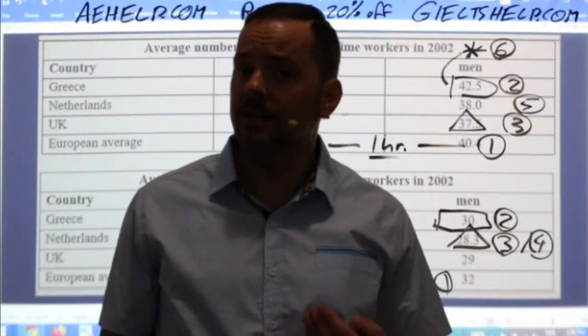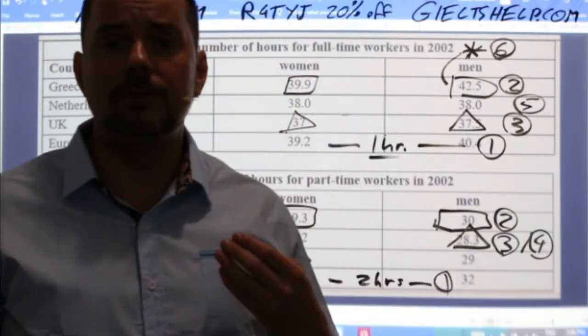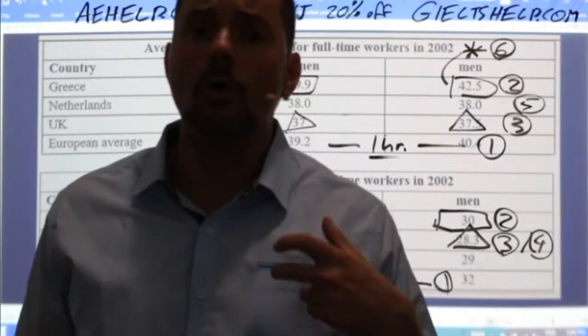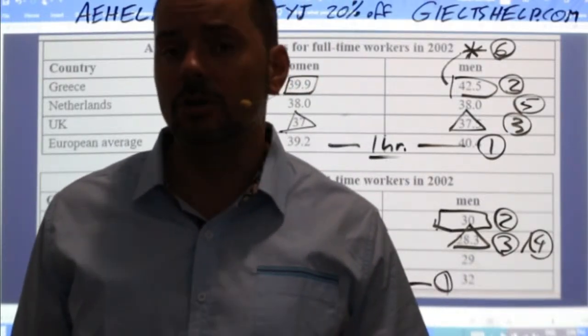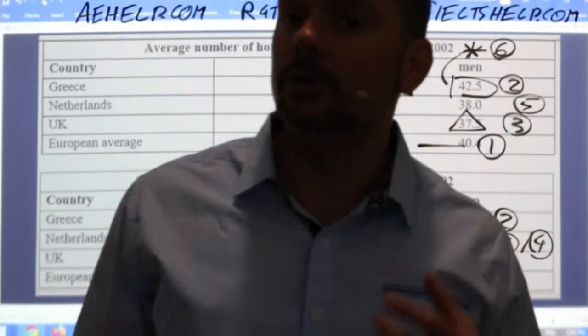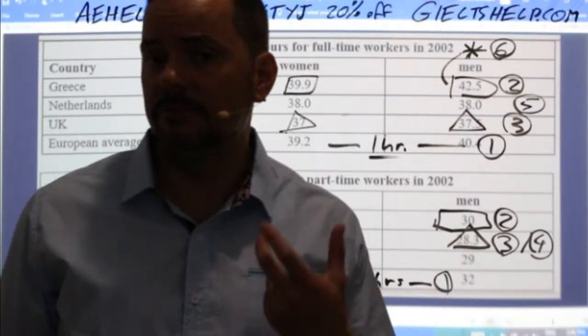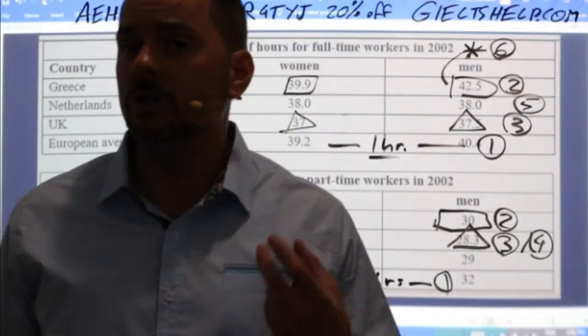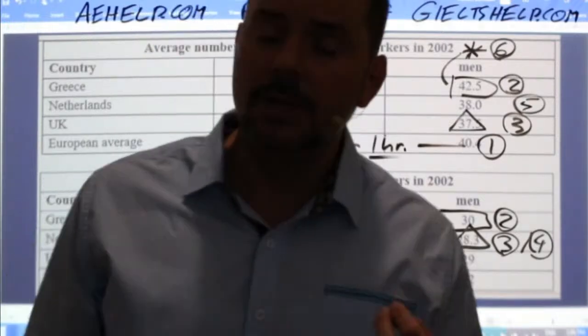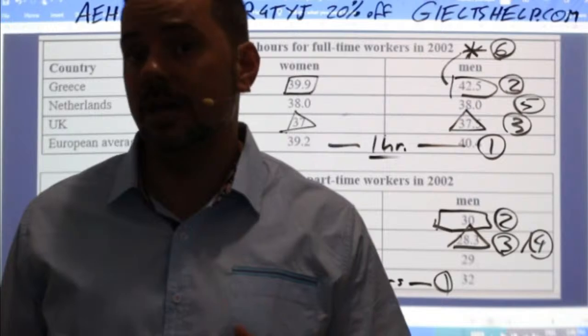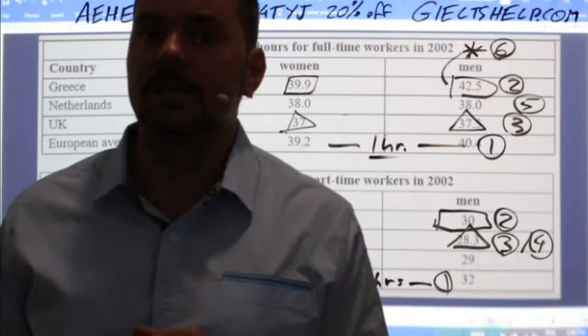Okay, is that clear? I hope that's clear. If you're not confident that you can do a band 8, band 9, and you only need a band 7 for your university, please don't overdo your analysis for task 1 because you're going to take time from your task 2, or you will write lower quality, and that's not good. Your goal is to write high quality in 20 minutes, okay? High quality, 20 minutes. That's your goal.